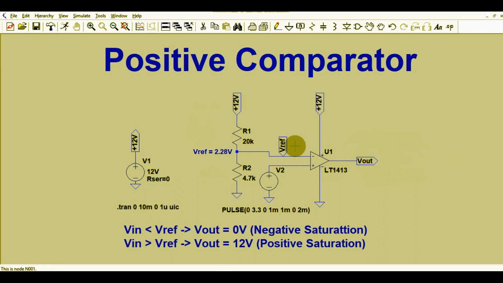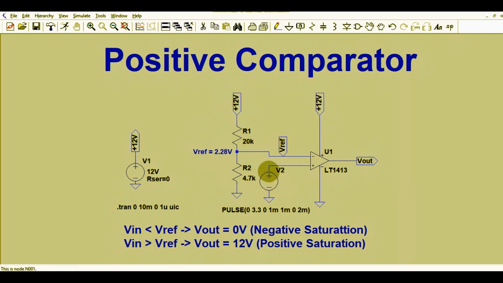This is the power rail for this comparator, that is 12 volt. So 12 volt here and 12 volt here. This is going to connect here by using the 12 volt net. The reference is 2.28 volt. Since this is a potential divider, if you calculate the value of V reference, V reference equals 12 multiplied by 4.7 divided by 20 plus 4.7, that will give you 2.28. That means your reference is at 2.28 volt, and